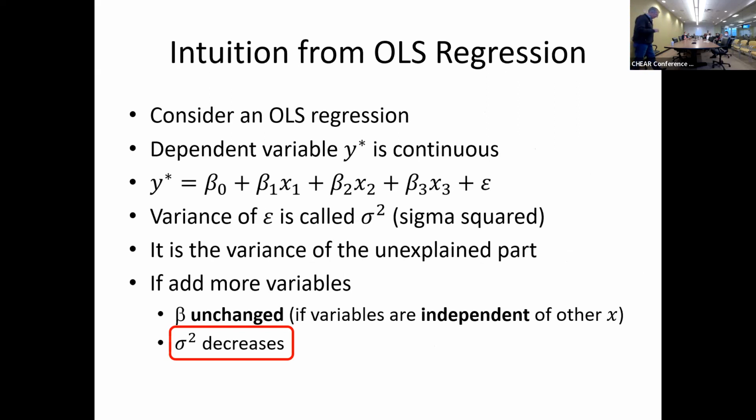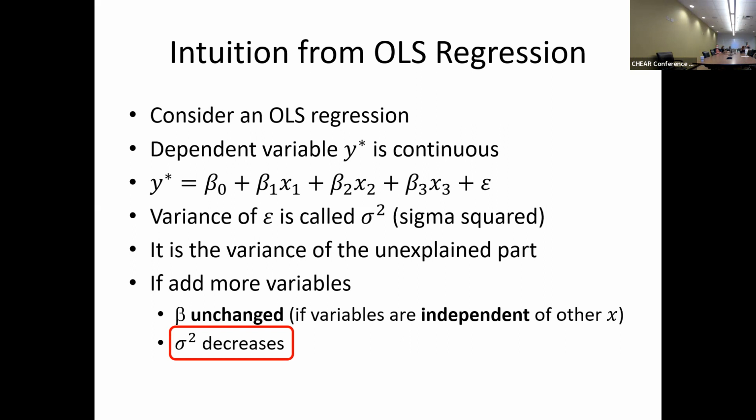I teach linear and nonlinear econometrics, and one of the standard themes is let's start with OLS, make sure we understand what's going on there, and then see how our intuition fails in nonlinear models. And this happens over and over again. So let's go back to OLS and understand what's going on in this context, and then see how things break down in logistic regression. So let's say we have a continuous variable y star, and it depends on a few